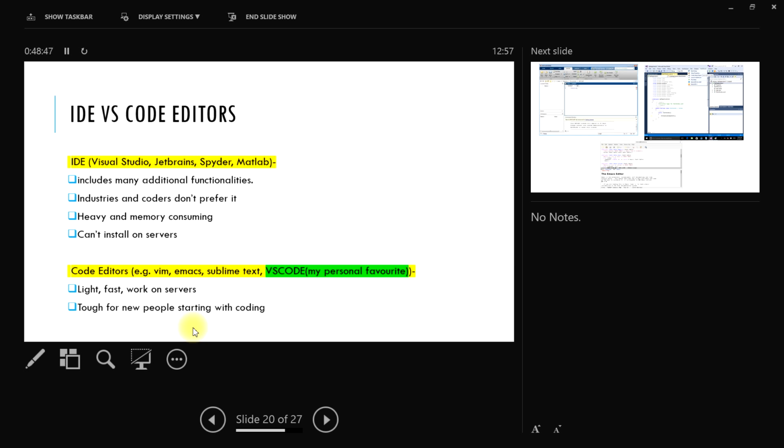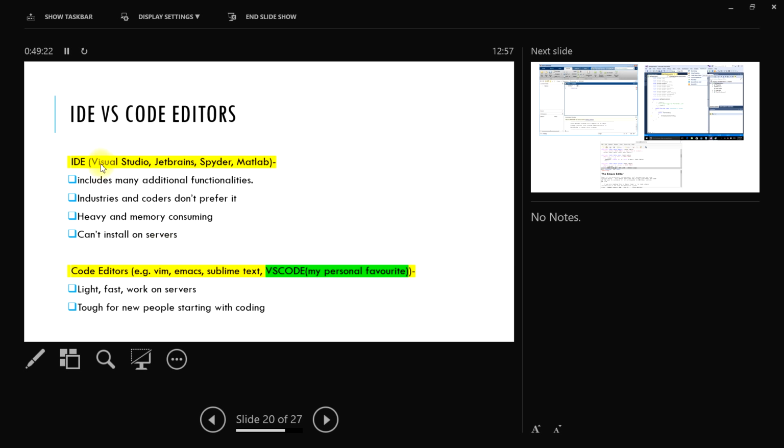Okay, let's wrap it up. So this is an IDE. Suppose anybody of you goes for an interview and somebody asks what you use for C++ or where you write your code. If you told them you use an IDE, nobody likes that. People don't use IDEs in industries, they use code editors, because this makes you familiar with figuring out the errors in your code, and you cannot install IDEs on servers. Code editors are fast.